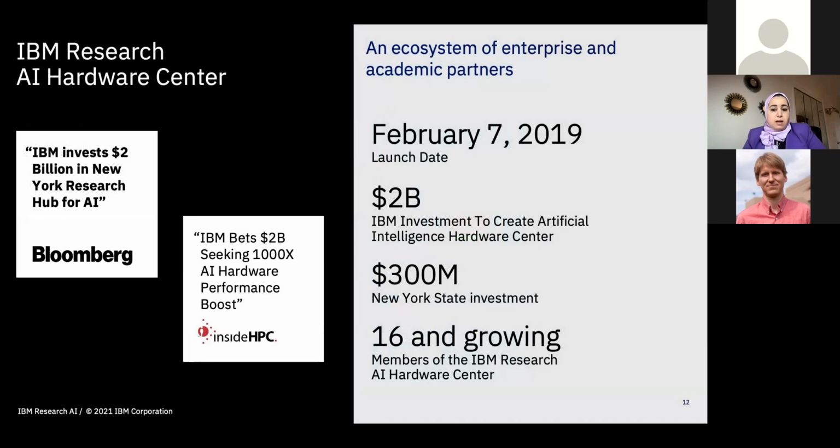To address this, on February 7 of 2019, IBM launched this research collaboration center to drive next generation AI hardware. The AI Hardware Center was kicked off, and IBM Research made a commitment to invest $2 billion, together with New York State, over the next 5 years. This generated a lot of interest in the technical community, and it also shows that this is a serious endeavor for IBM Research and the IBM company to build an ecosystem of enterprise and academic partners to drive next generation